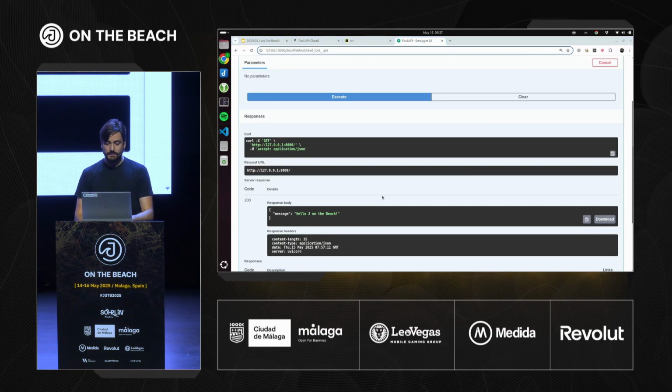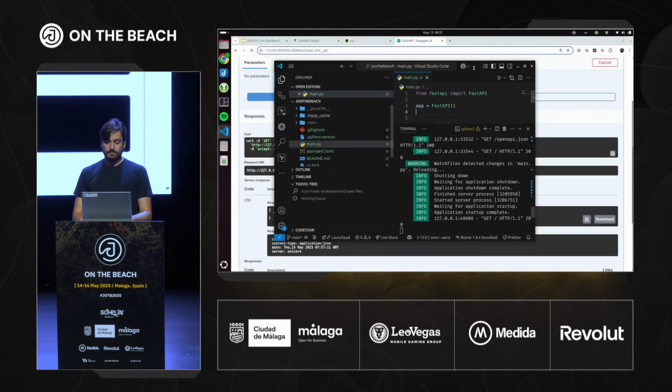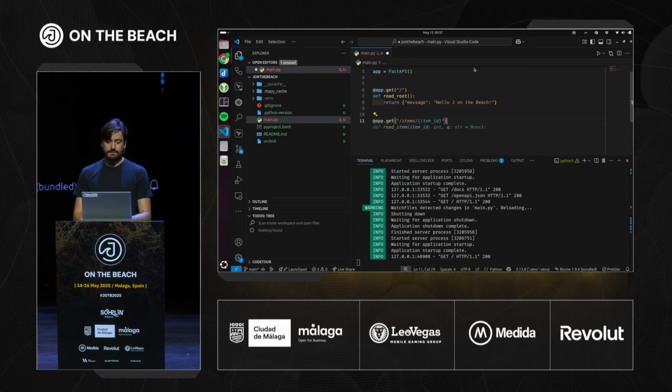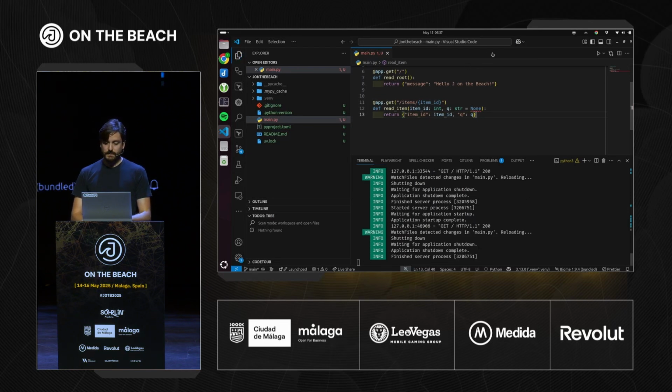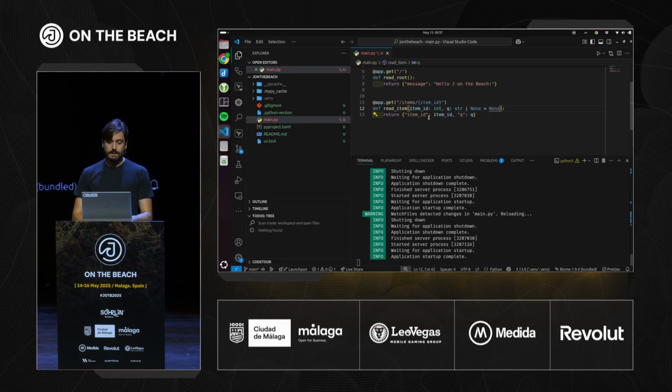I'm going to extend a little bit on FastAPI itself because there's a bunch of people that didn't know much about these things, so it could be useful. Let's say that we want to add some parameter. So app.get with item_id, something like that. We're going to have a new path operation, or a new endpoint, that is going to be a GET request. This could be post or put or anything.